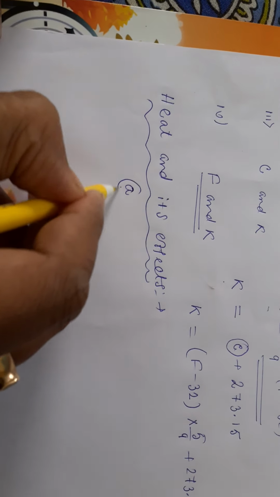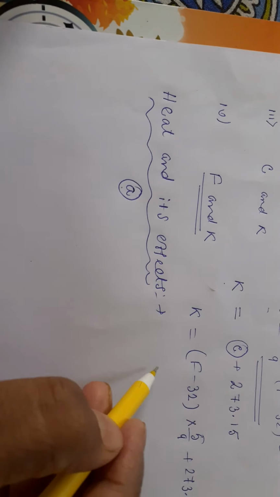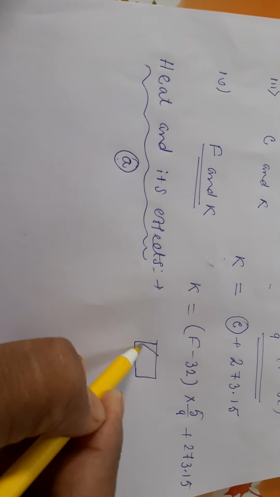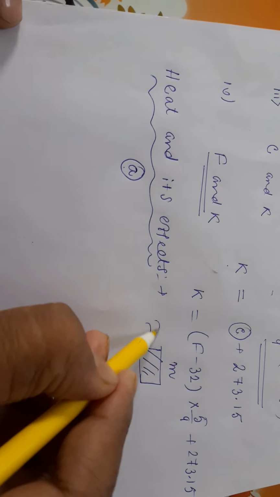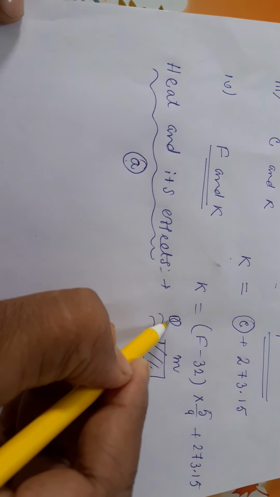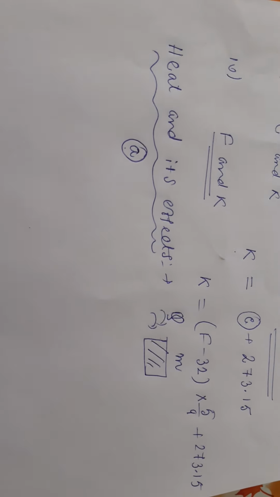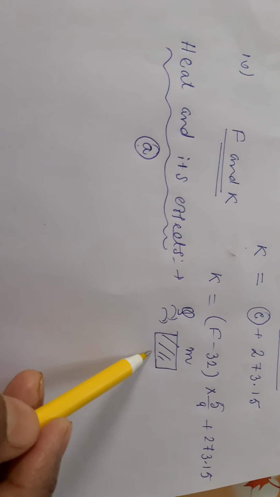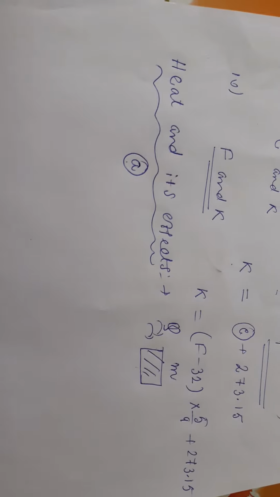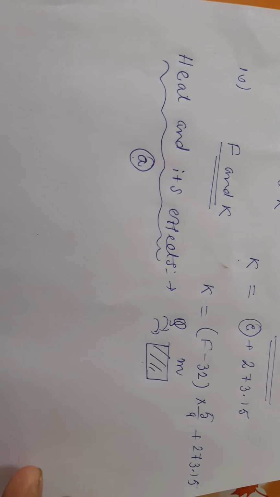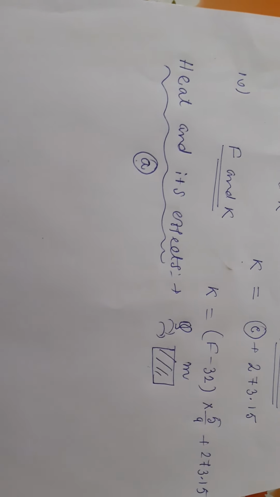First, if a material body having mass m is present and you apply heat energy, Q amount of heat, Q is always denoted as heat energy, on the body, then what will happen? Temperature will rise, deformation can take place, and specific heat can be changed. These all things are possible.